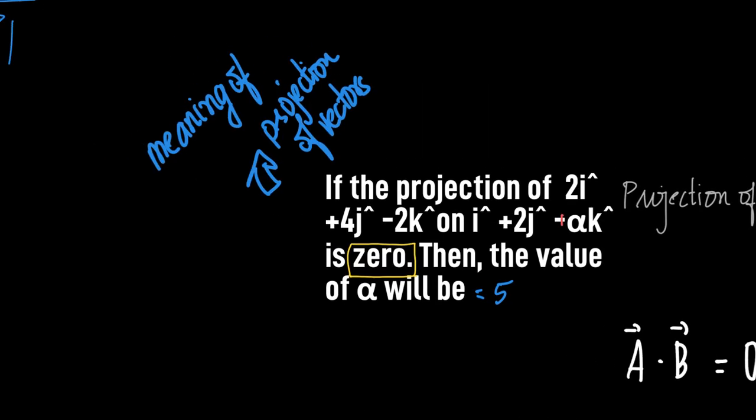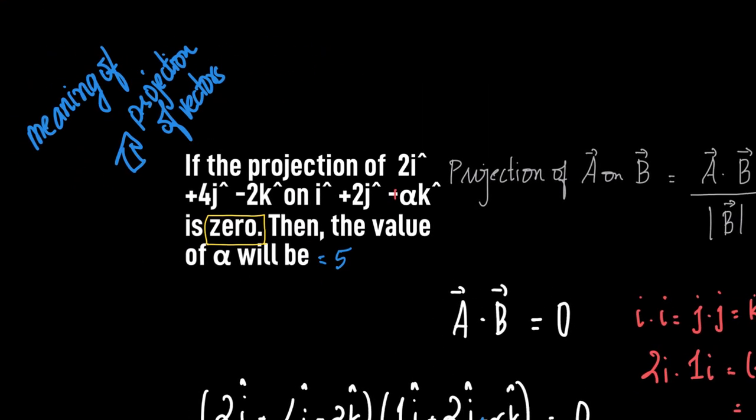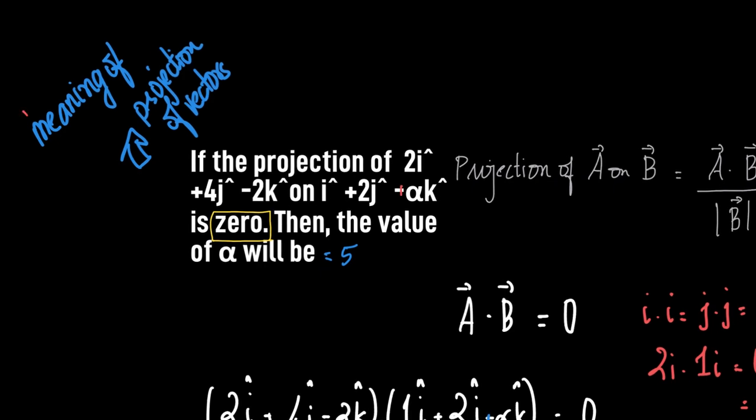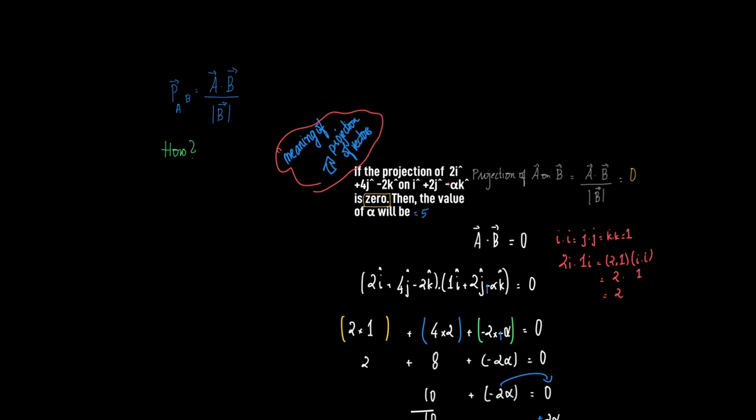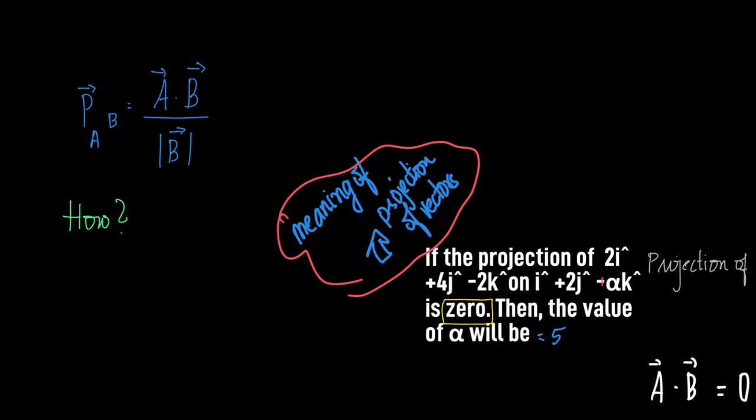Now, this is the concept we need to understand in detail. What is the physical meaning of projection of vectors? What does it actually imply physically when we say a vector is projected over another? So what we'll do is we will divide this into two divisions. One, we'll see how we derive the formula, projection of vector A on B is vector A dot B by magnitude of B,